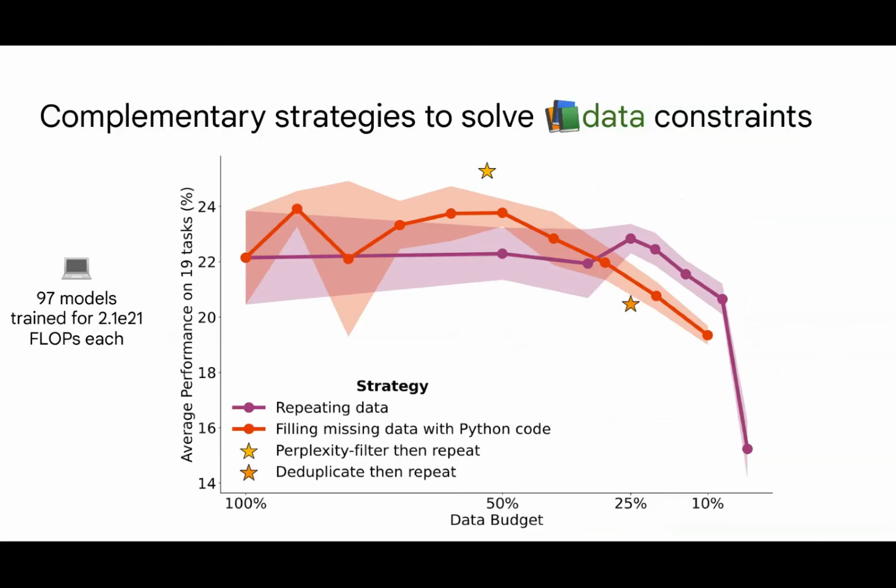In this graph, we show the performance of our system with repeated data and compare it to different systems utilizing code or less cleaning. The main takeaway we see from these charts is that code is actually an extremely effective way of getting more effective tokens. We see that the code curve does generally nearly as well as simply using repeated data, and that in fact, at a 50% code budget, we basically achieve the same performance, which is something that many of the large companies already seem to be doing in practice. Natural language tasks often have logical reasoning. Many of these tasks look similar in spirit to what is seen in coding data.